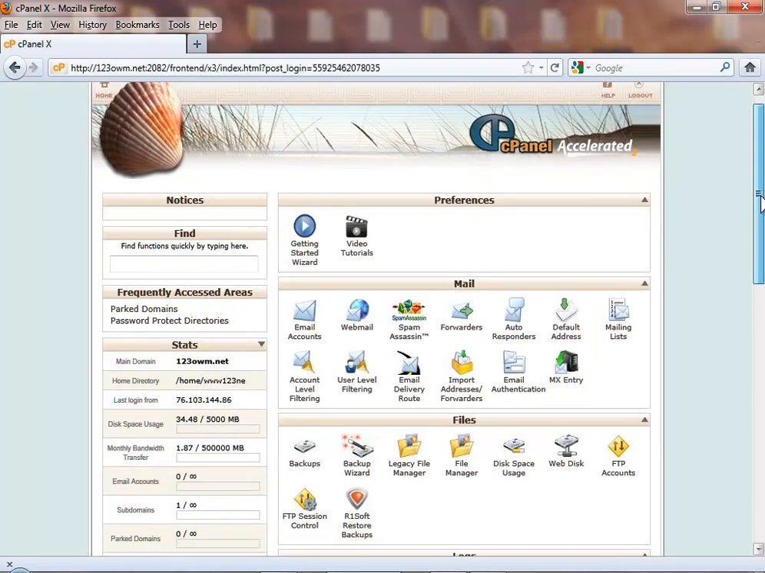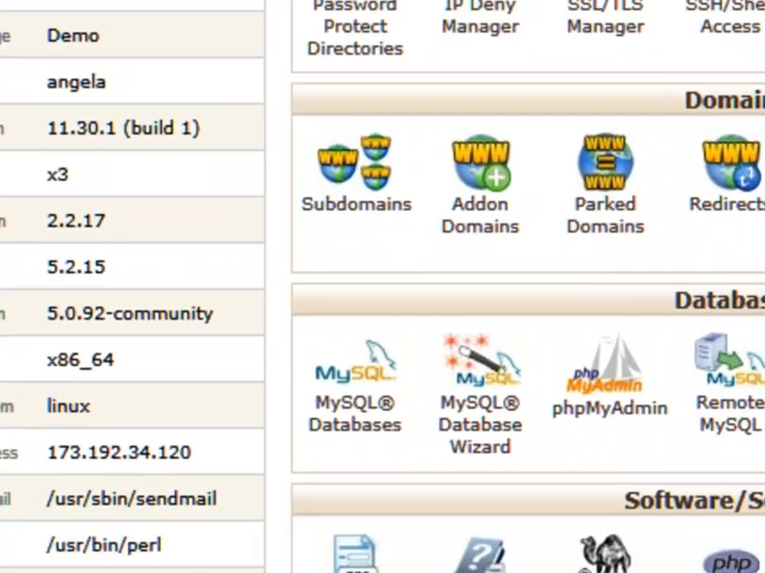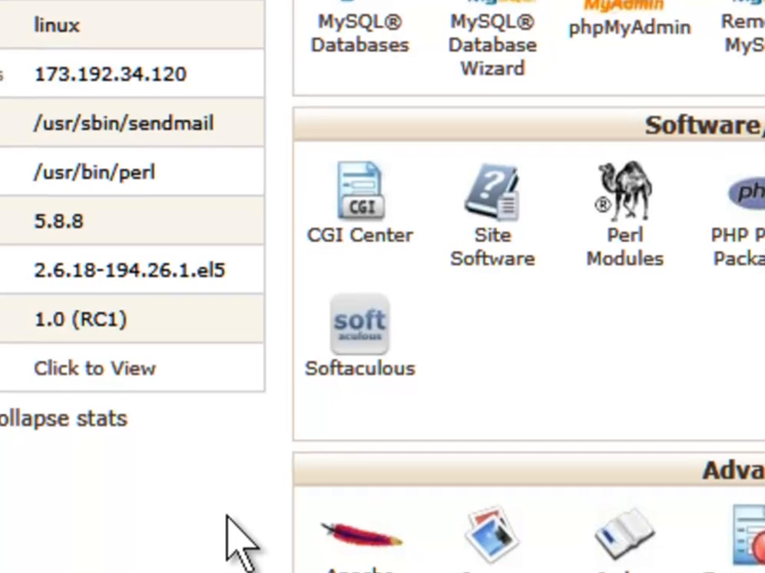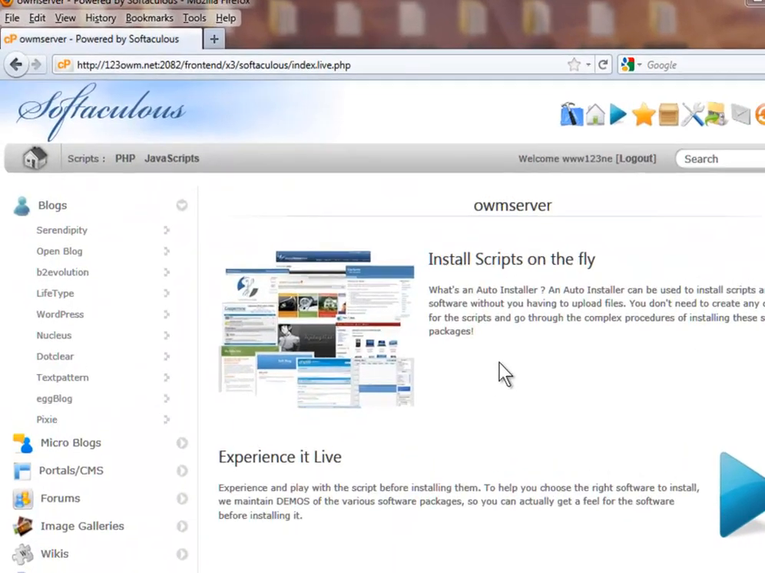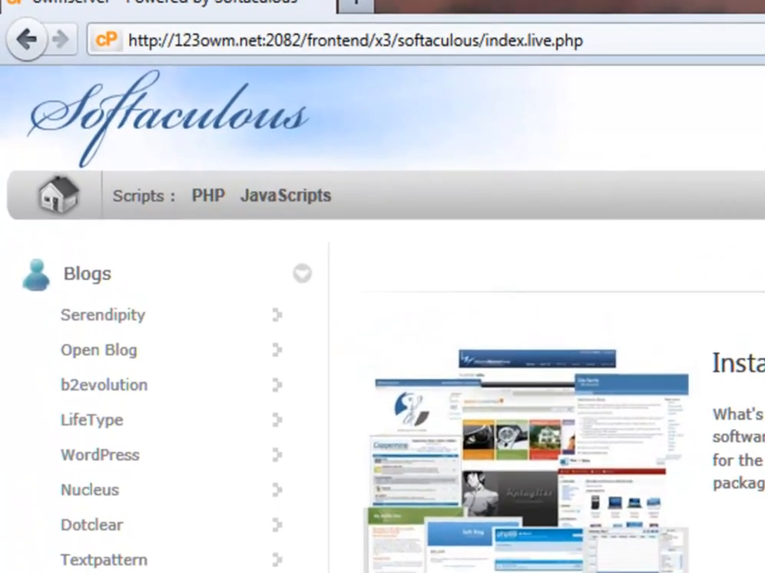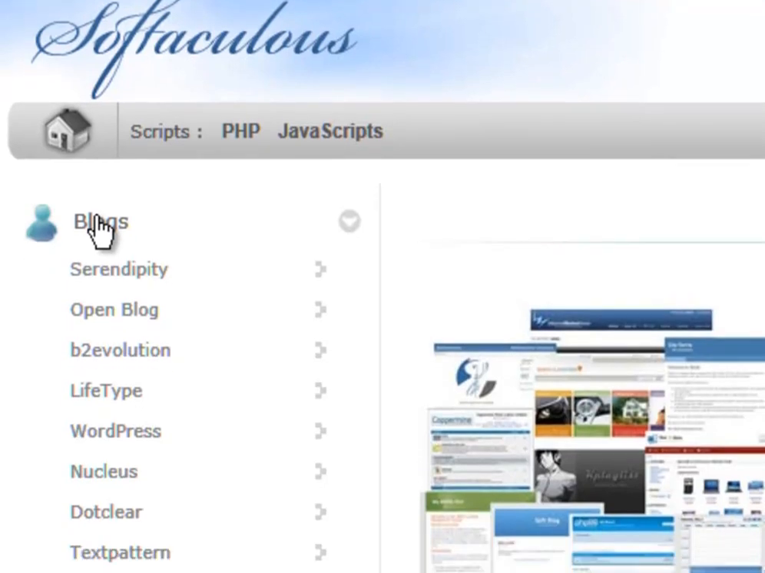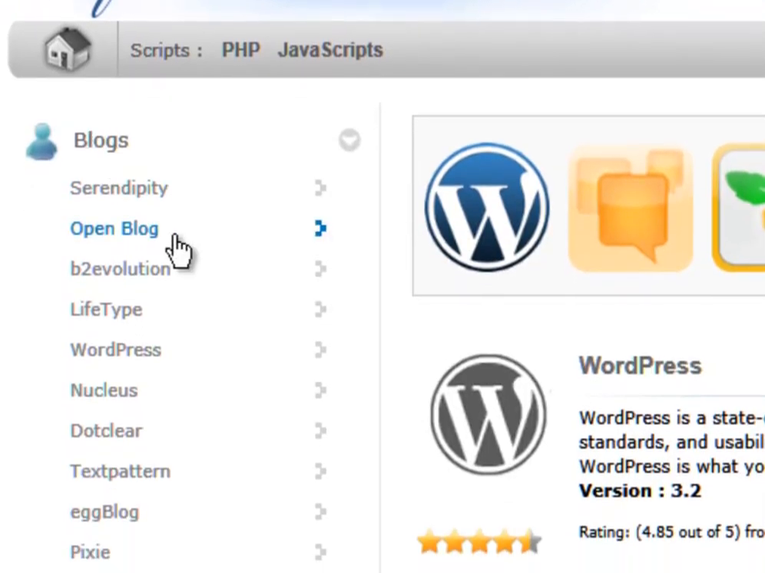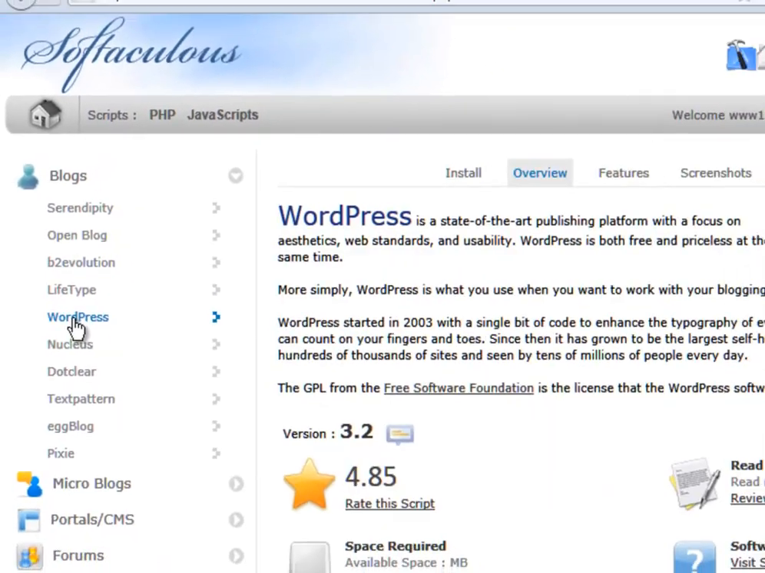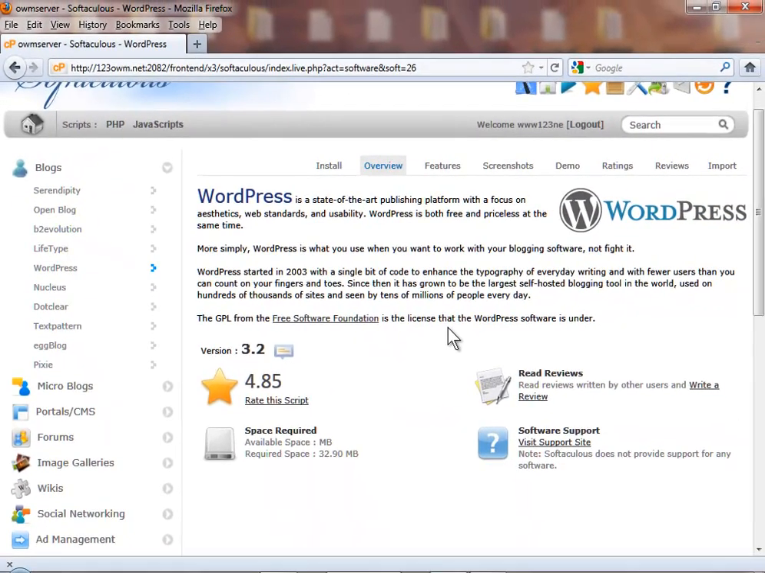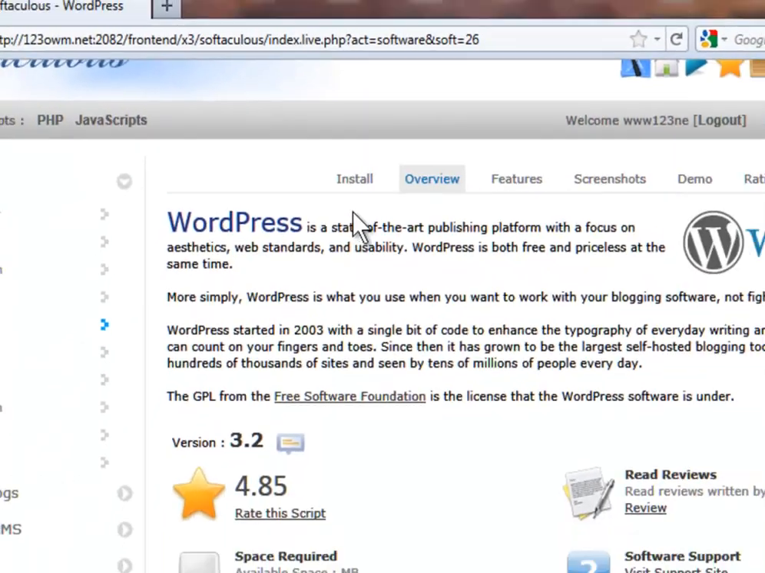Okay, so here you are in your cPanel control panel. Scroll down to your Softaculous icon and click Softaculous under Software and Services. Now on this next page you will see blogs on the top left hand side, and if you scroll down and click WordPress, then your WordPress installation panel will come up, and you simply scroll up to the top and